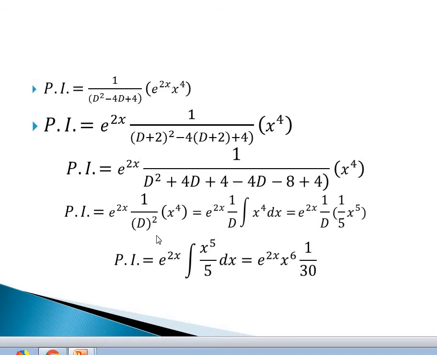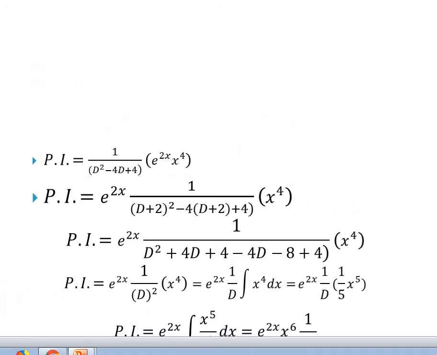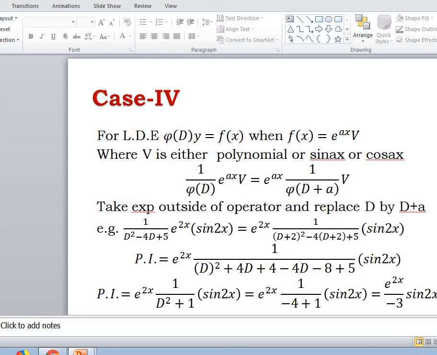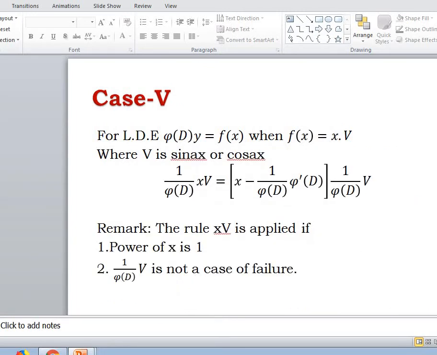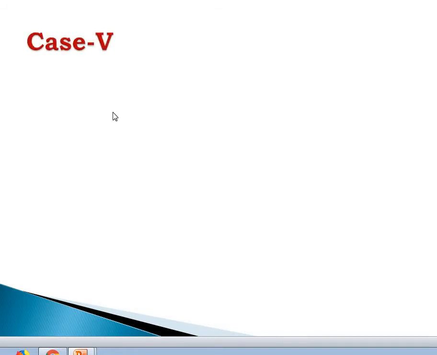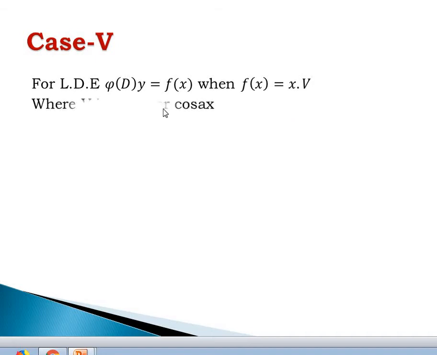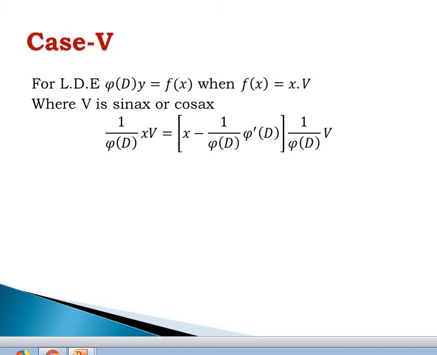This is case 4. Now we have to discuss case 5. So case 5 is for the linear differential equation phi of D y equal to f of x, when f of x is x into v, where v is sin ax or cos ax, then our PI, that is 1 upon phi of D into x v, is